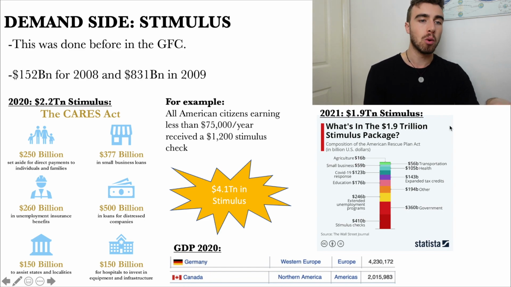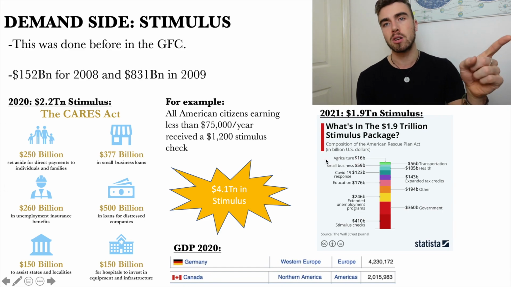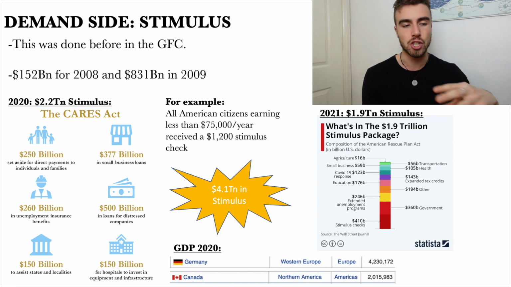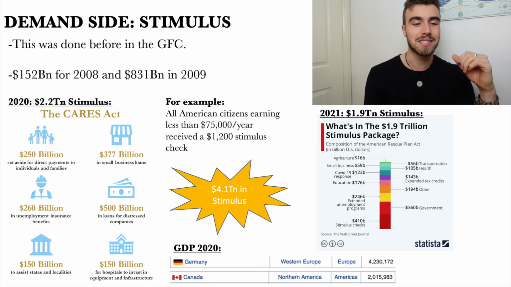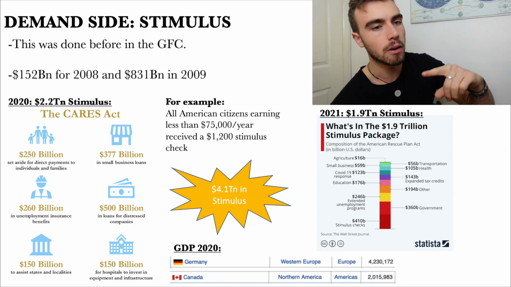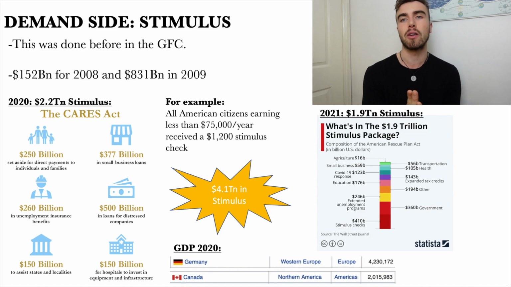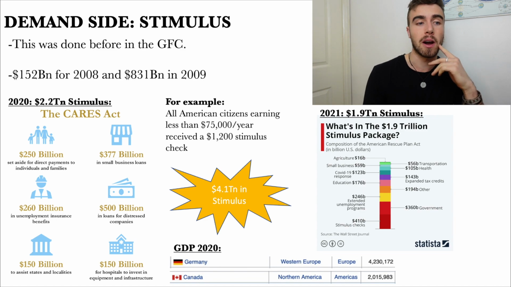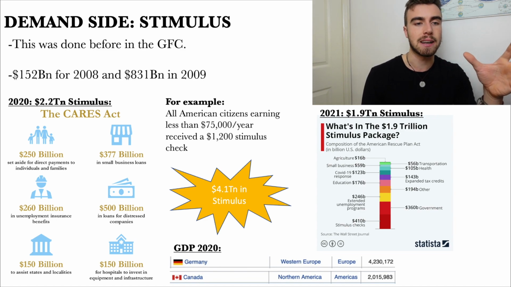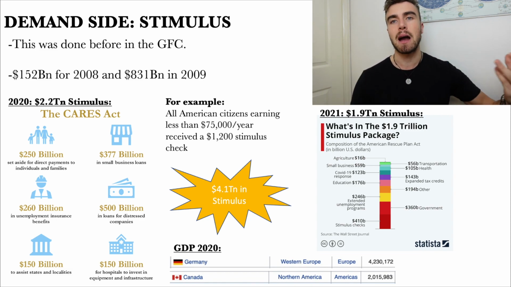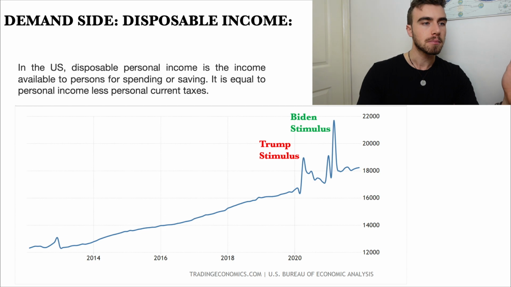So we're talking of literally, this was over a 12-month period, right? Because it was from March 2020 to March 2021, a $4.1 trillion stimulus package overall, which is the equivalent to the GDP of Germany, the fourth largest economy of the world. That's twice the GDP of Canada. Or each one of these were basically the GDP of Canada, which is the ninth largest economy in the world, right? Over 30 million people. And a country with very high living standards. So these stimulus packages, which were much more direct, produced an absolutely insane amount of liquidity in the market.